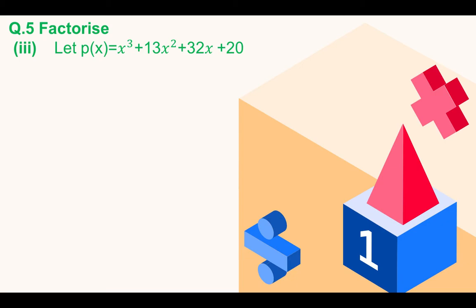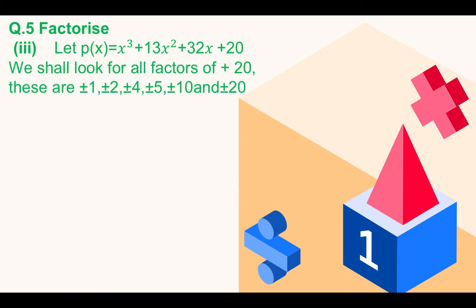See over here, the constant term is 20. Can you all see this clearly in this question? So 20 will have many factors. These are the factors of 20. In these kinds of questions it becomes difficult by the hit and trial method, by keeping the values one by one and coming to the conclusion of the factors. But to get the quadratic equation or to perform the polynomial division, I need at least one factor, okay, so that I can get my divisor.